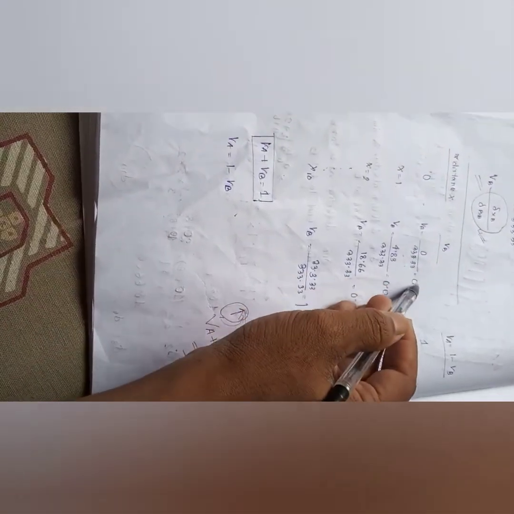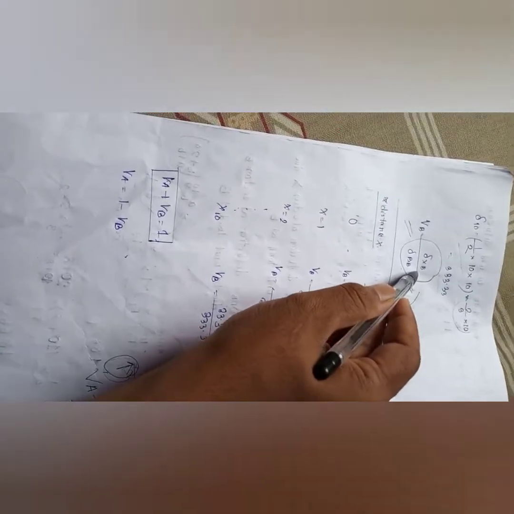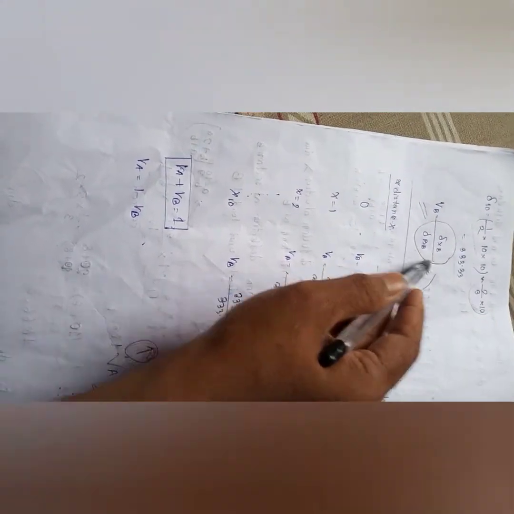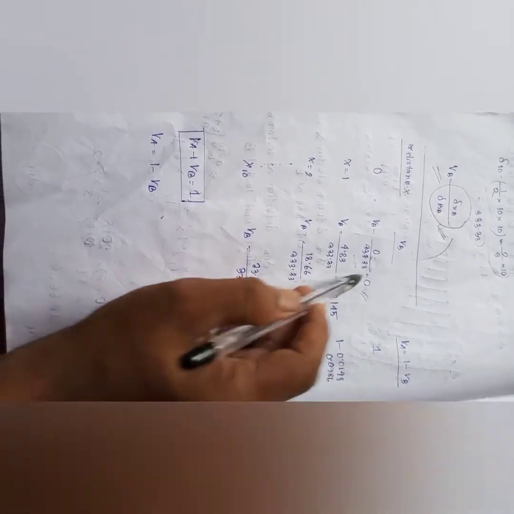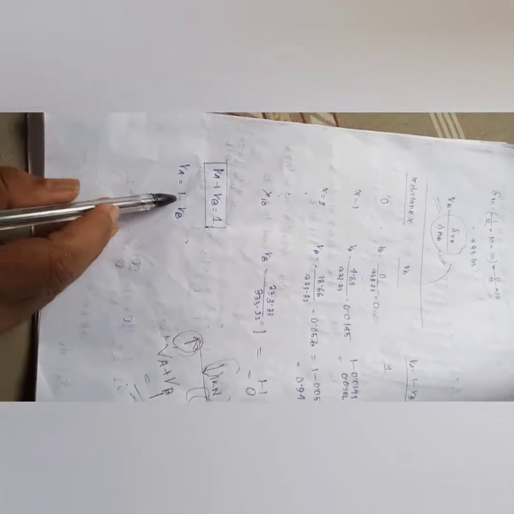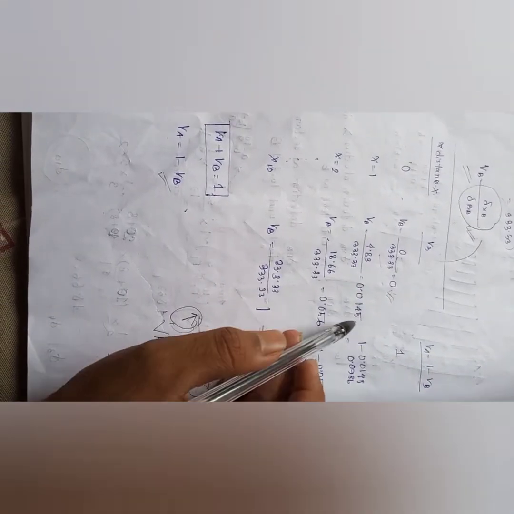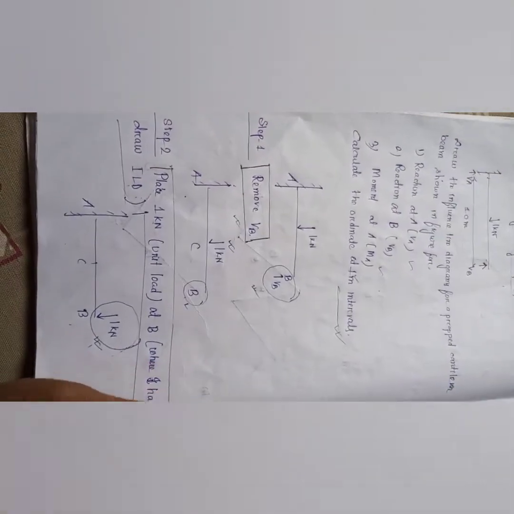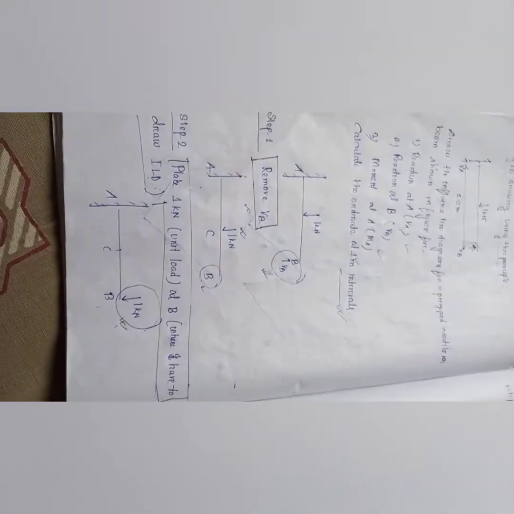So we have found the values of BB. How have we found it? We found it by the formula above. Delta x, we have found the deflections, and the deflection values we have put here, and delta BB, this value we can put here, and we can find the value of BB. From that, BA plus BB equal to 1, that means BA equal to 1 minus BB. So if we find the value of BB, we can subtract this value from 1, and we can find the value of BA, right? In our question, it was mentioned to find the reaction at BA, ILD, and the reaction at BB. So the values are found.